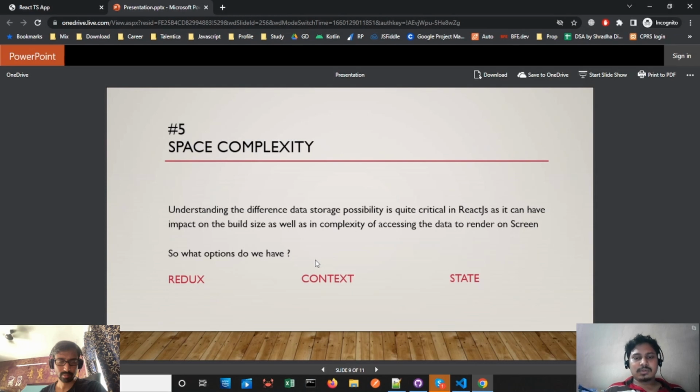Now the main problem arises when the developer gets confused about where to store the data and how to use it. In the case of Redux, suppose we want to access data across the app. You are storing it in one component and using it in some other component. At that point, we have to use the Redux state. For example, a login screen. Whenever you log in, you get a token, and you want to use it